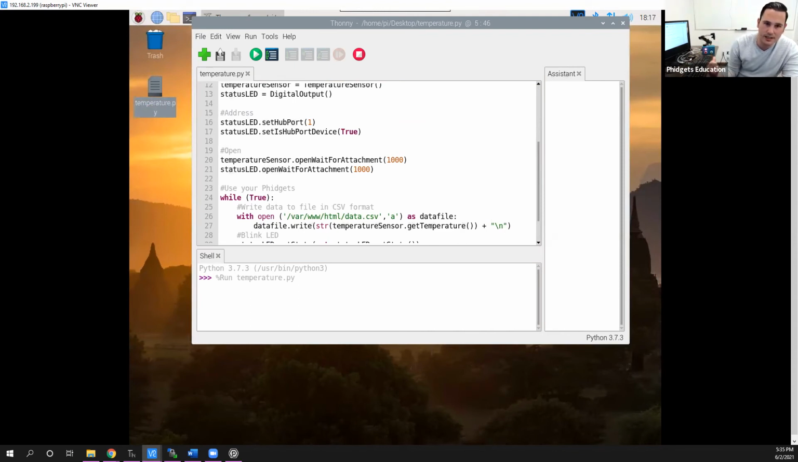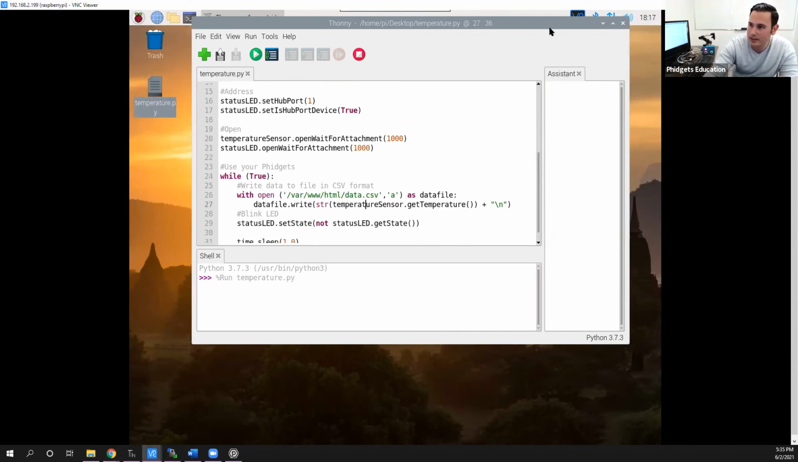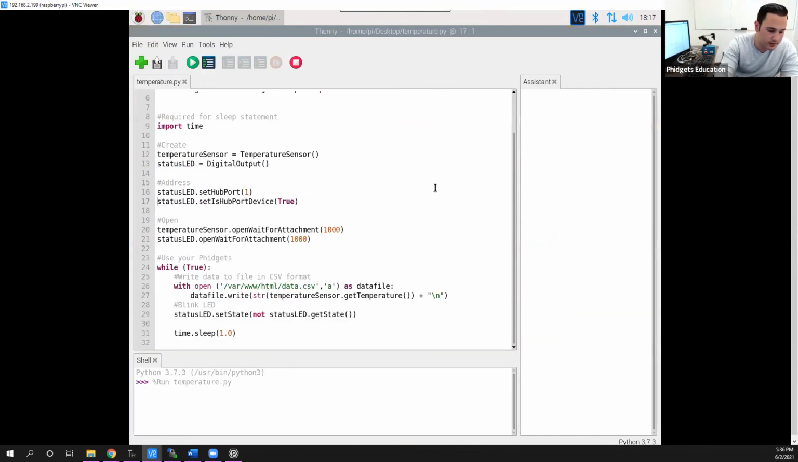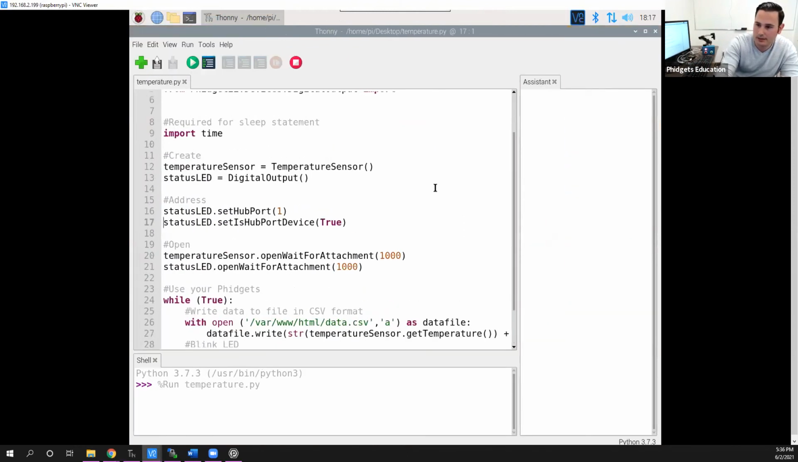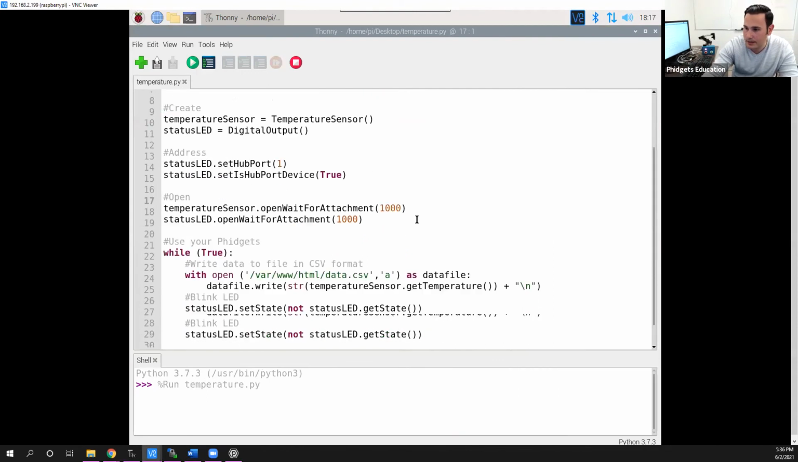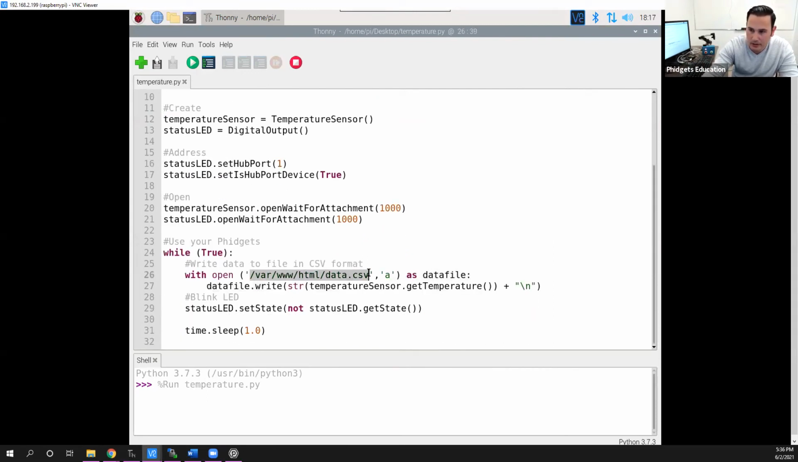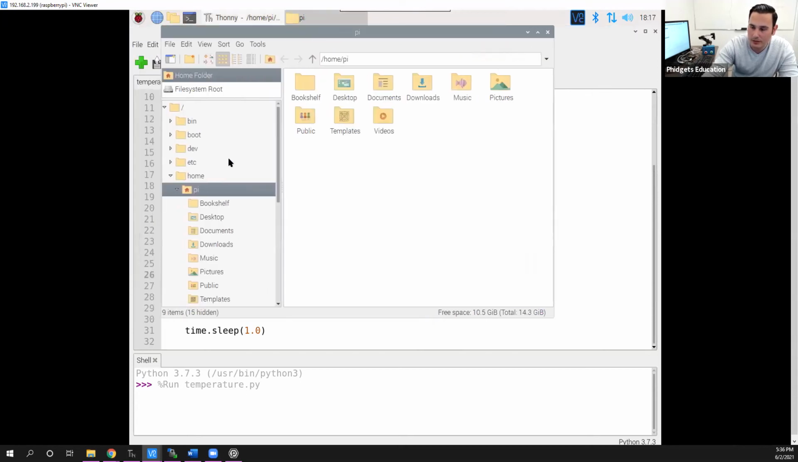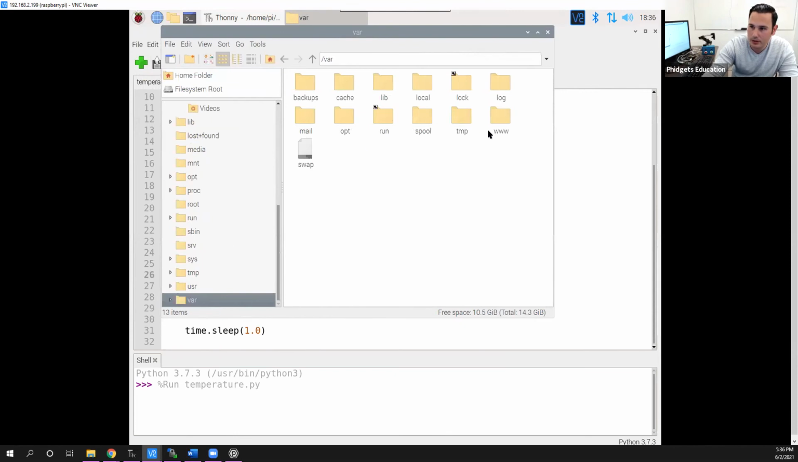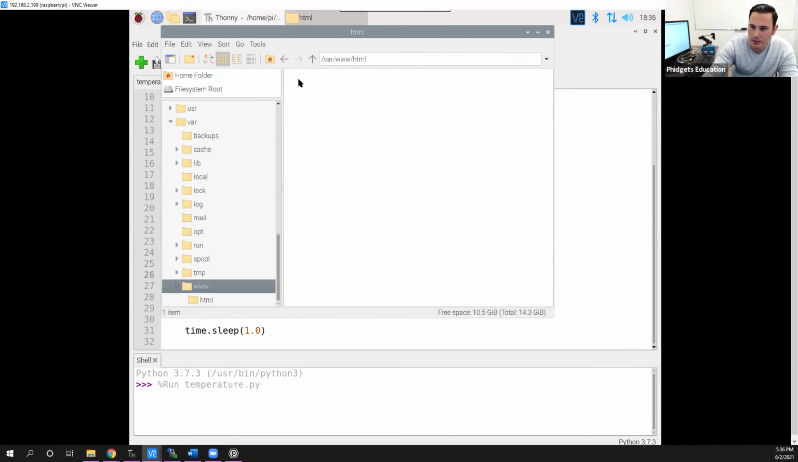Hopefully we can all see that. So basically what's happening now is, if we just increase the size of this again, I should be writing a file called data.csv to var www HTML. If we open that in our file browser here, var www HTML, we can see